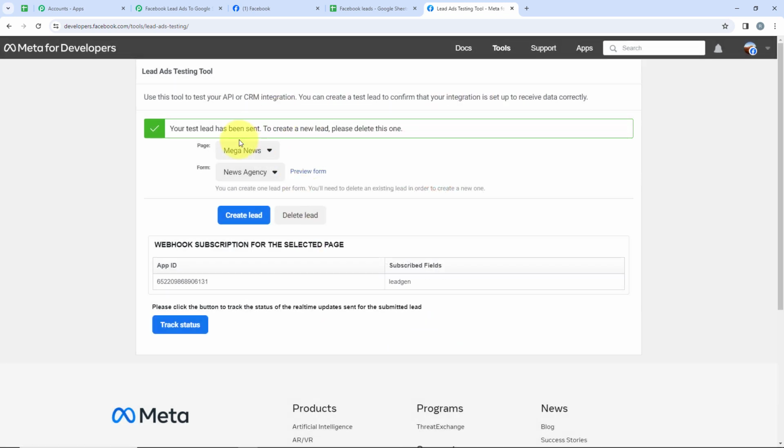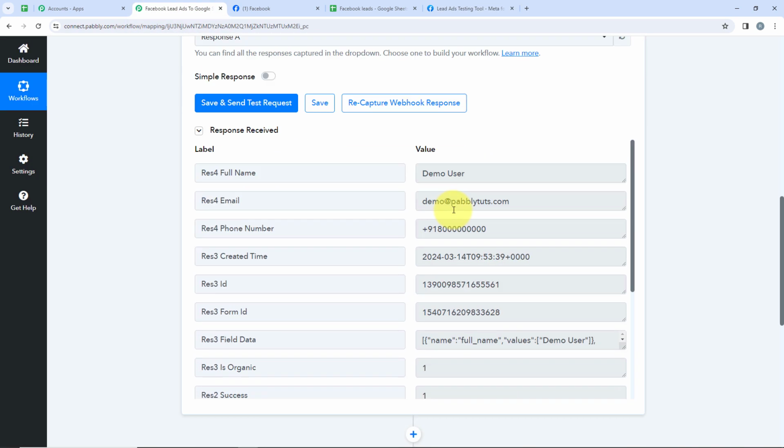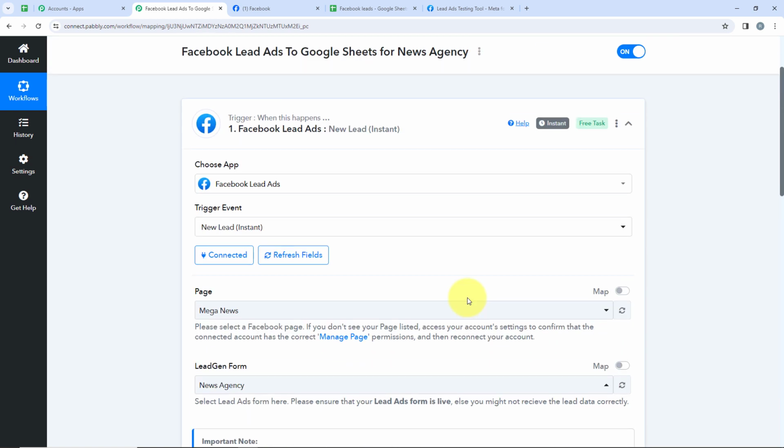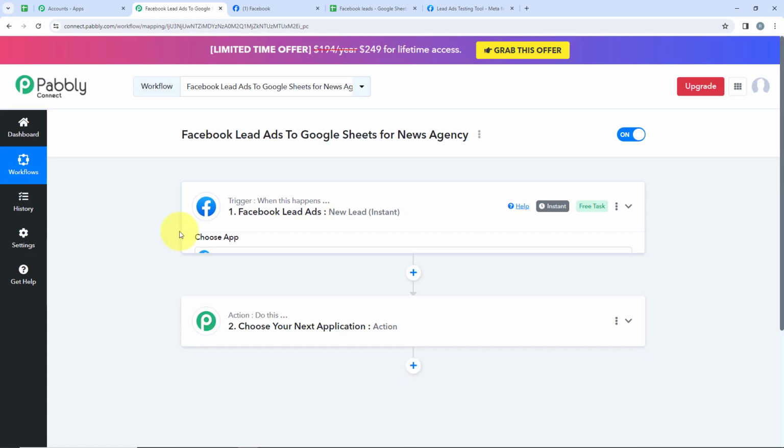And yes, you can see that it is saying your test lead has been sent. This means that our lead has been sent to our workflow. So we'll just go to our workflow and check if we have received the lead or not. And yes, you can see that we have received the demo name, the demo email and the demo phone number that we entered over there. This means that our trigger step is successful, and now we are going to move on